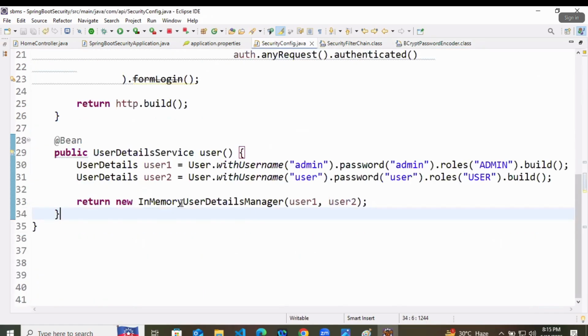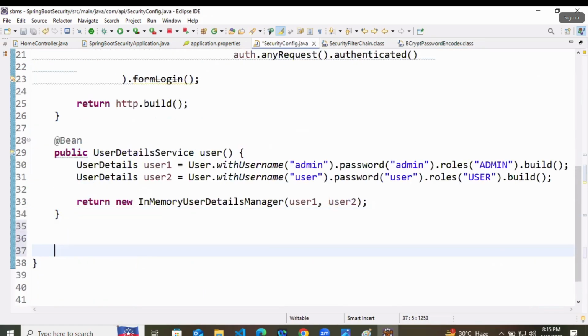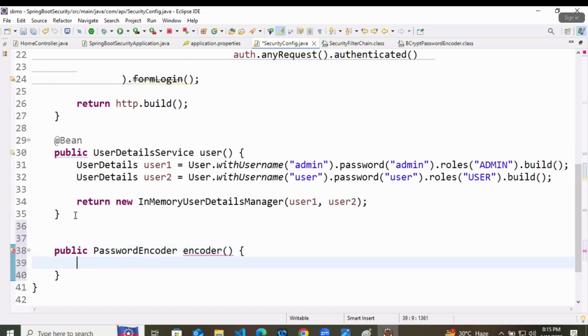Very simple. At first we will create one method here, that is public PasswordEncoder. We are creating a method public PasswordEncoder. Now inside this, we will just return the object of that class.